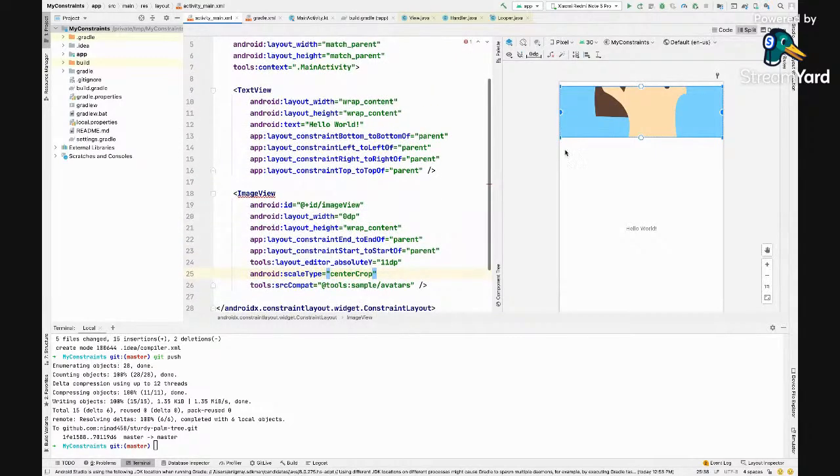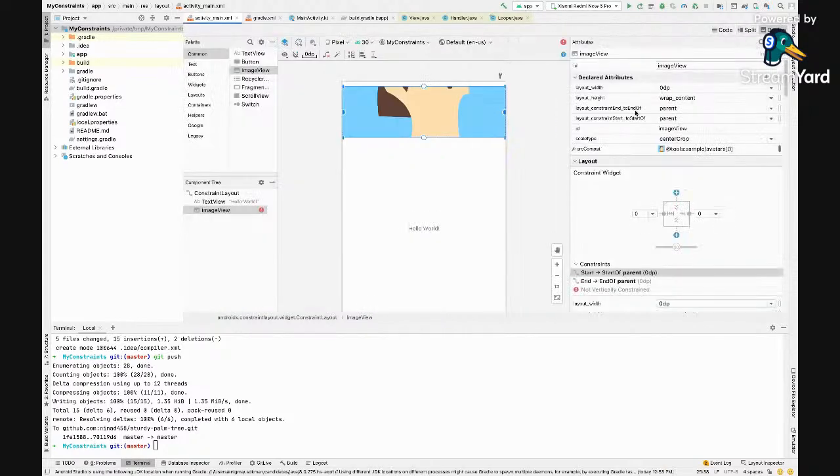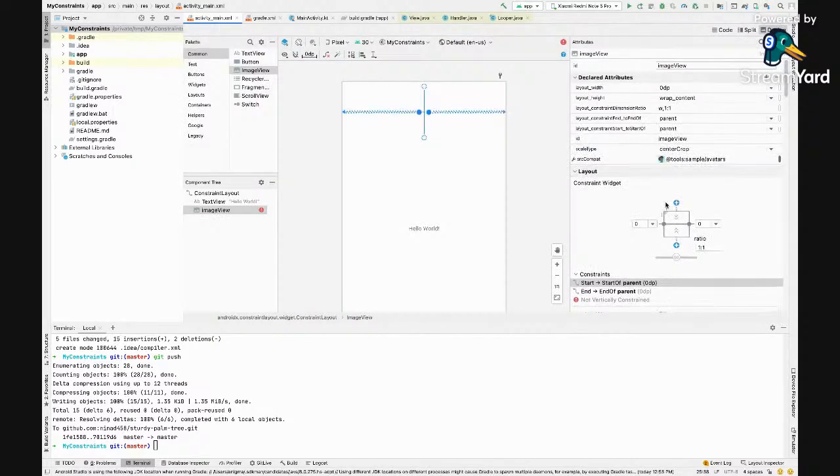Right? So this looks very weird. We don't want to compromise on the height part, but we want to take the entire width here, and we want it to have an aspect ratio of, let's say, 16 to 9. So we can just do something like this, where we can